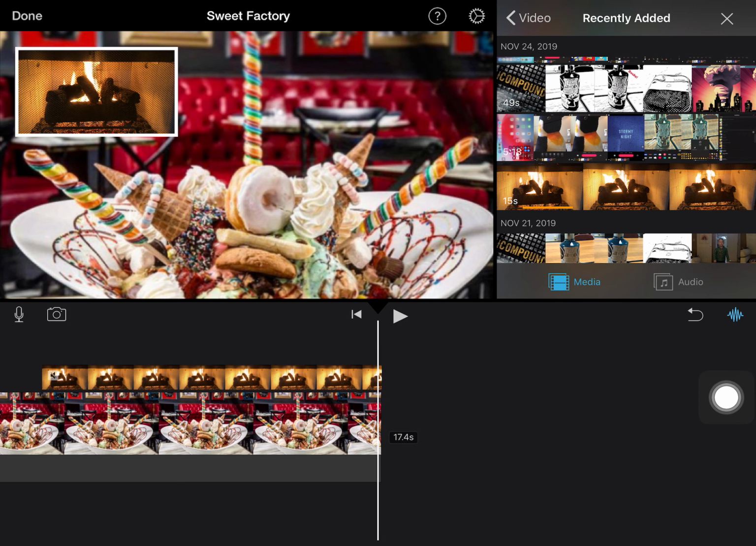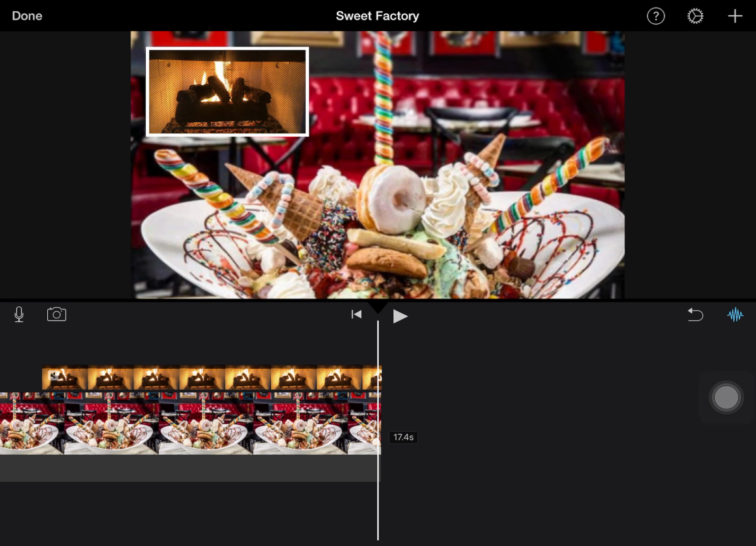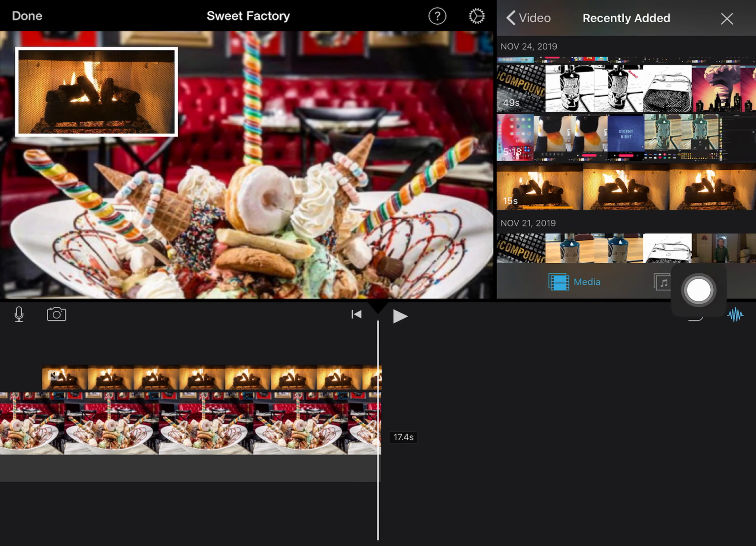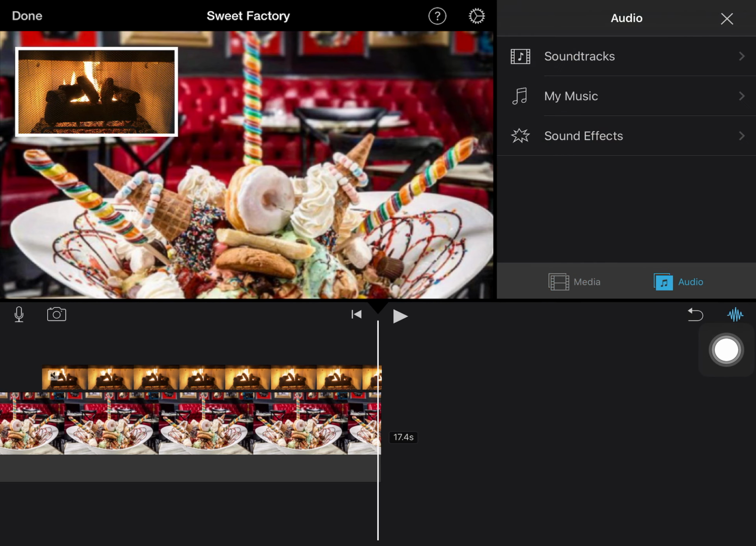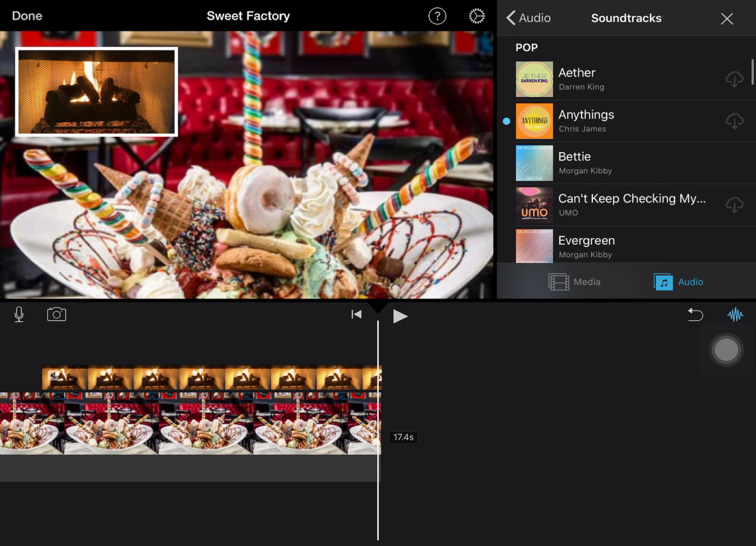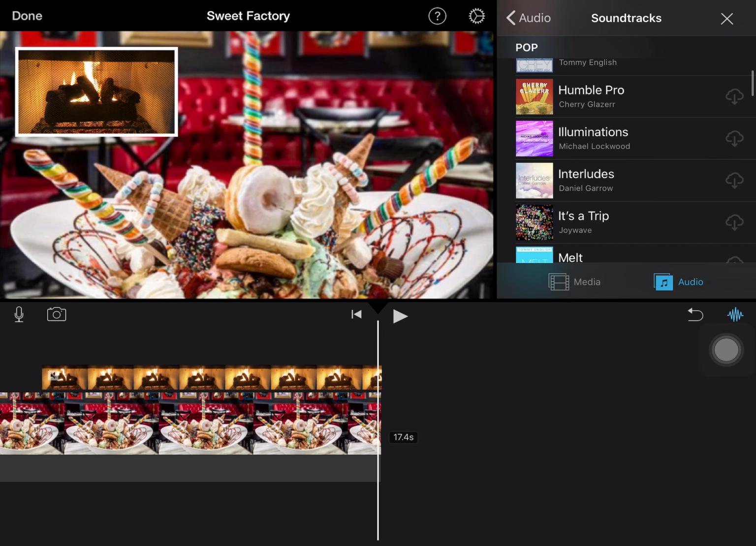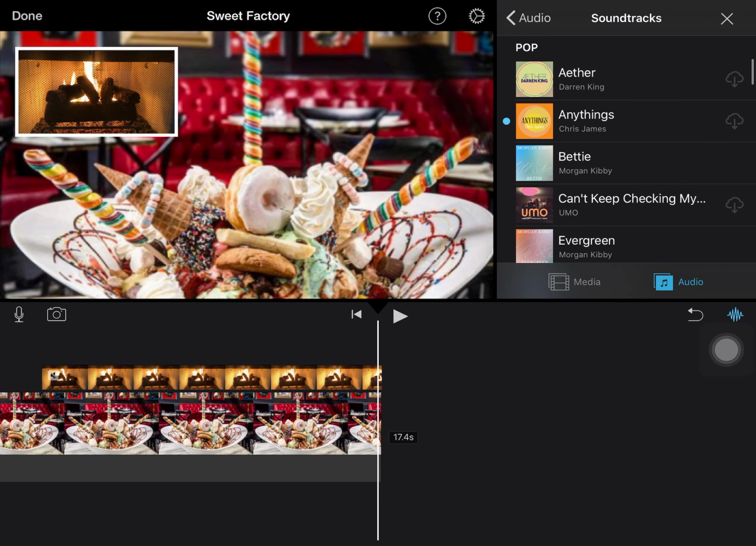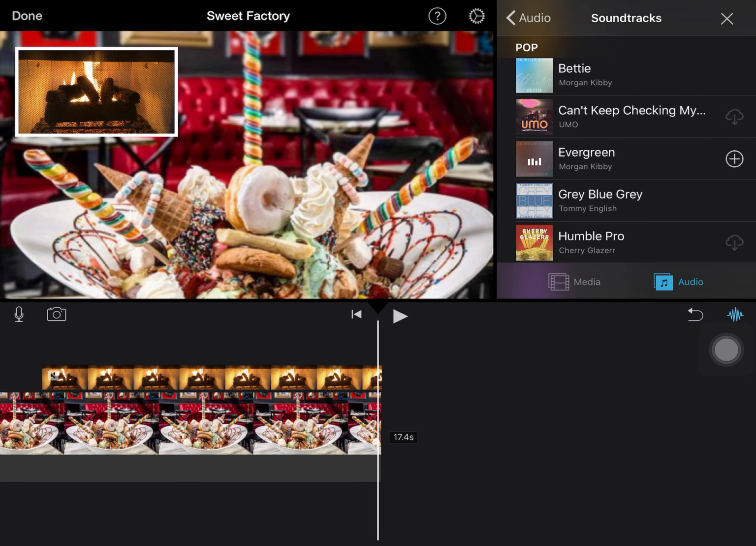That covers all of images and video itself, but now you do have the option to add a soundtrack, so music that's built into iMovie, and you can also add sound effects by coming up here to the plus sign. Coming down where it has media, you're going to click on audio, and then you can tap soundtracks, and you can see there's a really lengthy list of options for soundtracks. If I were to add one or just preview it,